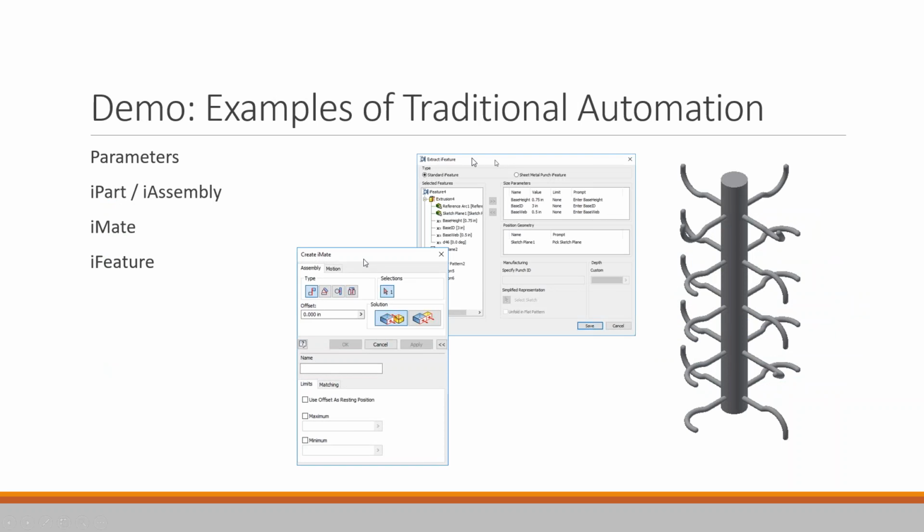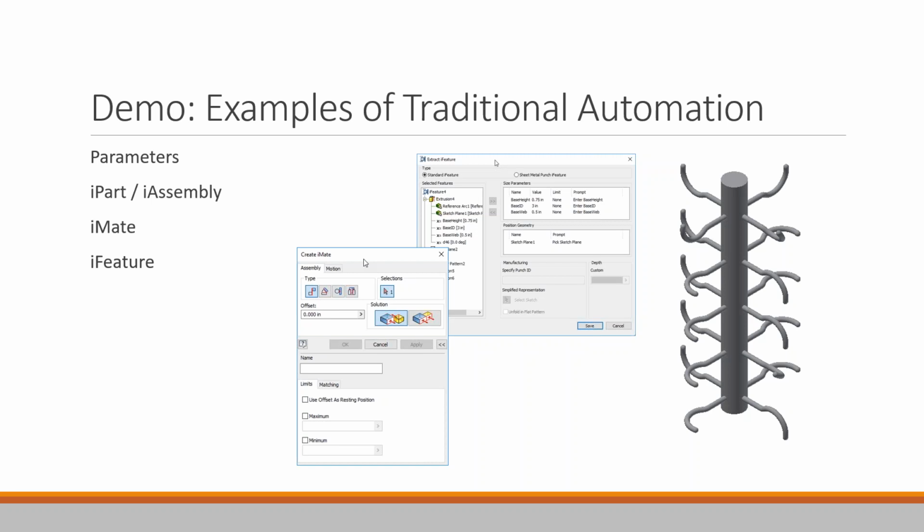So now that we've got that basic overview out of the way, our traditional automation types, iLogic and API, that's kind of how I've chosen to break this up. The rest of the presentation is mostly going to be showing you how some of these things work. So we're going to start with some of the traditional automation capabilities, I would call it,